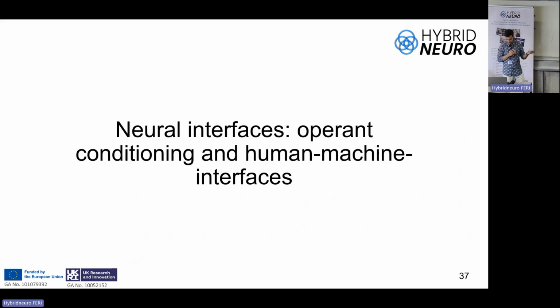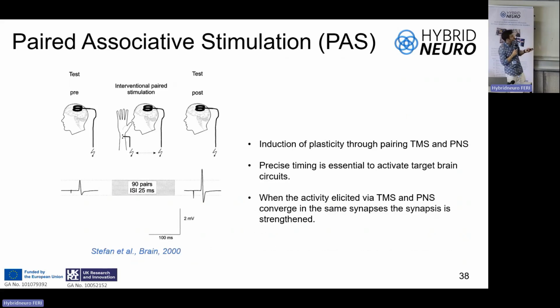The next example I'm going to talk about is human-machine interfaces that will use some information from the brain or the muscles, in this case, and we will close the loop with the stimulation. In this case, we need to start from the paired associative stimulation protocol, created by Stefan et al.,